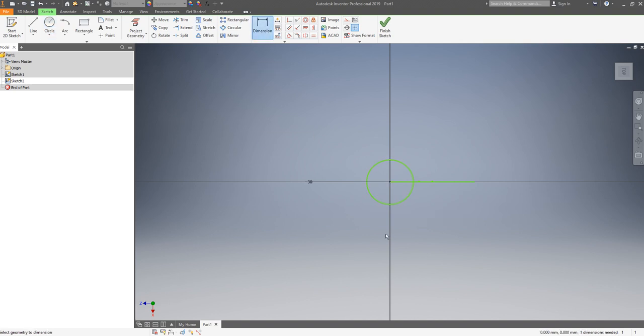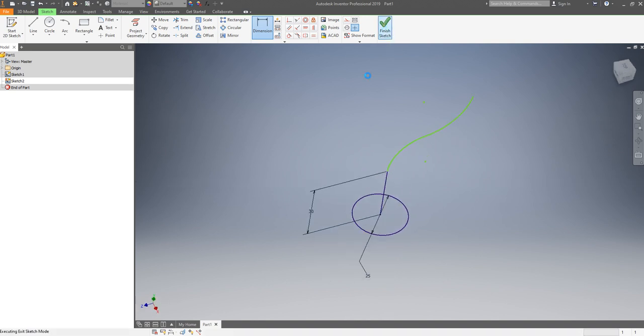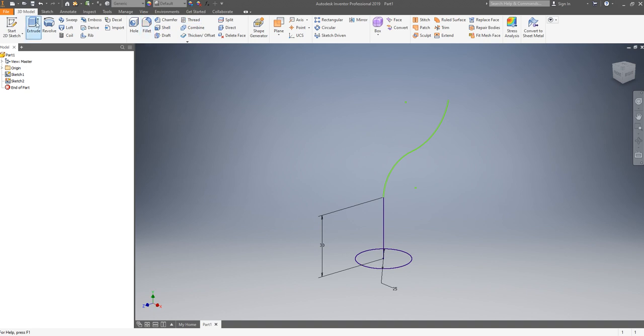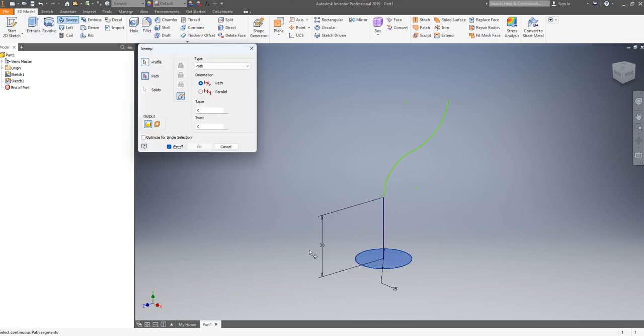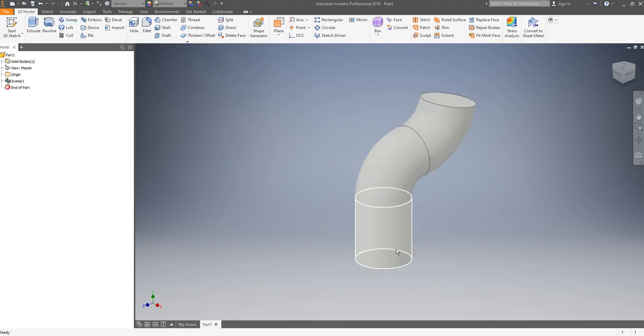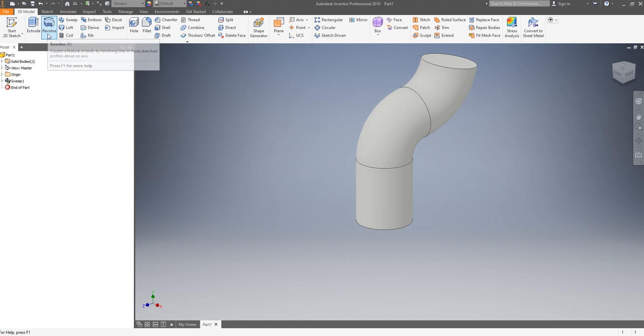Okay, let's put dimension over there. 25. Okay, finish. Sweet. So profile, this one. Path, that one. Boom. Okay, nice.